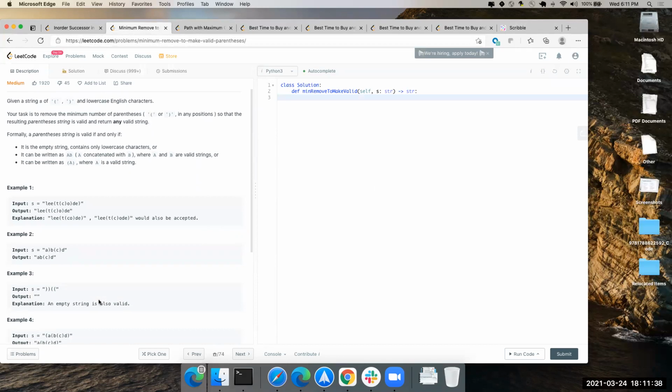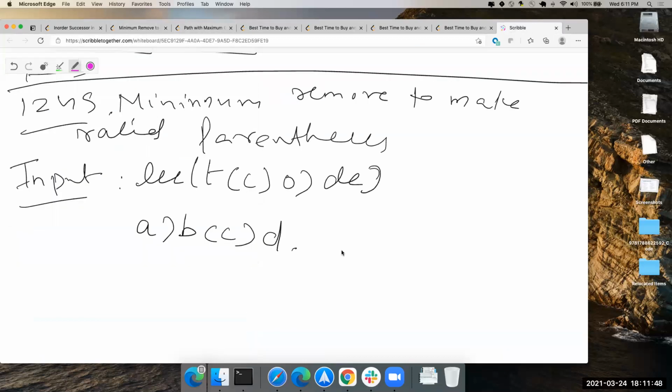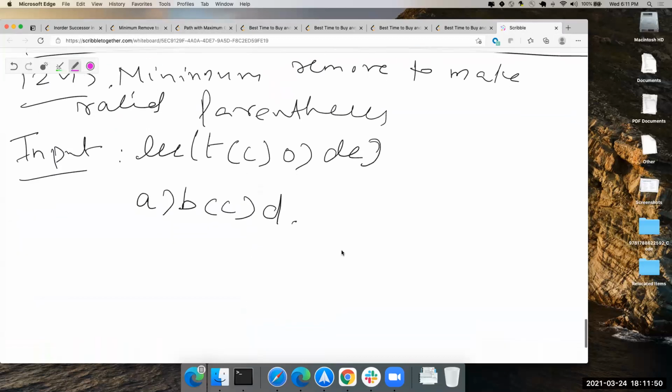And if you have A, B, C, I, D. Hey, Ankur, I think we can use a stack for this. But why? Even before using a stack, what is coming into your mind when you see the question?